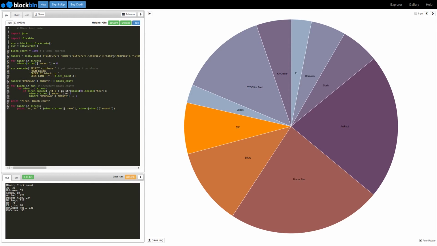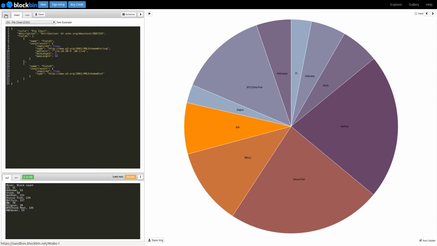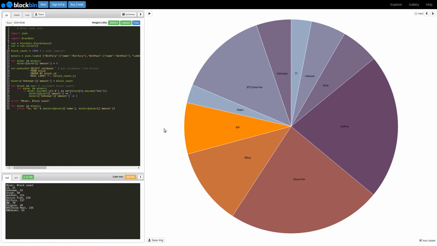This snippet of code has a list of all miners and takes a look at all blocks for the past week. It then counts and outputs them in CSV format. It then uses a D3 pie chart to render the output. Now note that this snippet was last run at block height 386486, but we currently have block height 386594 available. If we hit run, the chart will update.